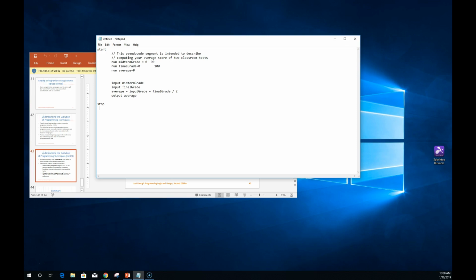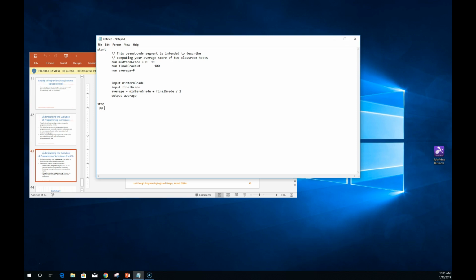Or is it? What is it actually doing? Take a look at that again. Oh. Man, this programmer, we have problems. All right, so now we know that our average is going to equal 90